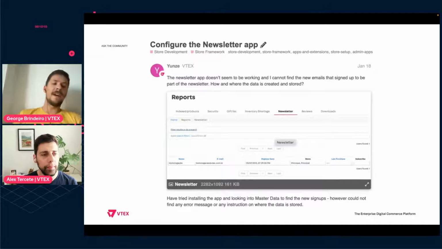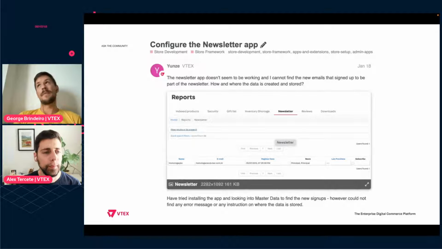Instead of adding the email filter as a query parameter, I could say, for instance, isNewsletterOptIn equals true. Then I'd get an array of all the master data entries for all the users that have opted in. So that's a way you could potentially integrate your own